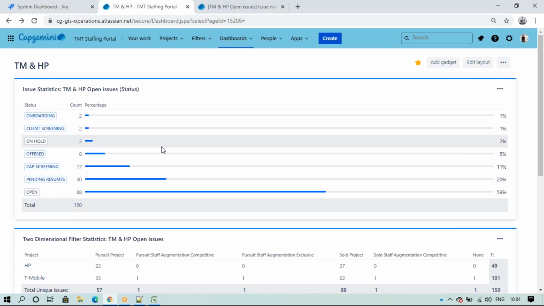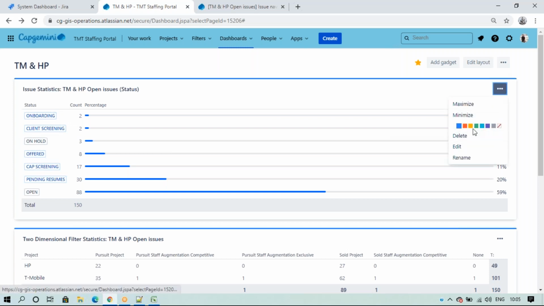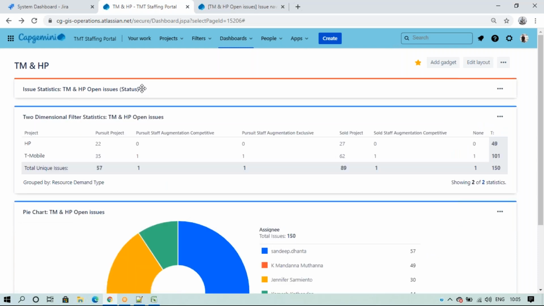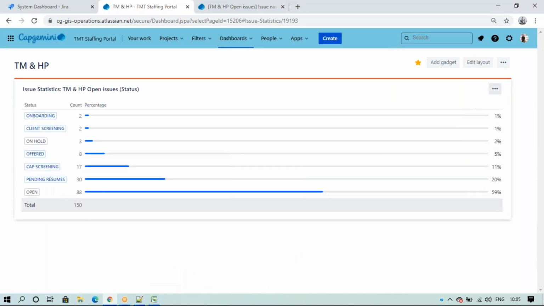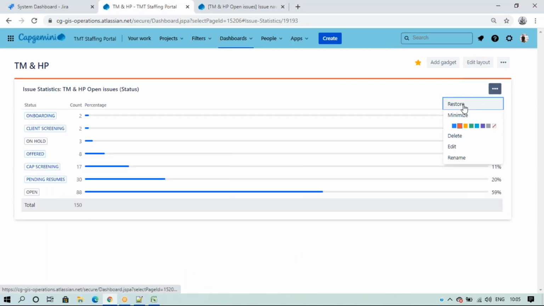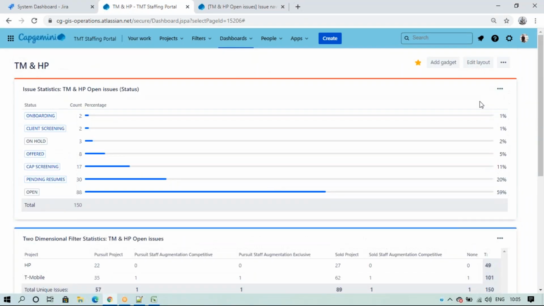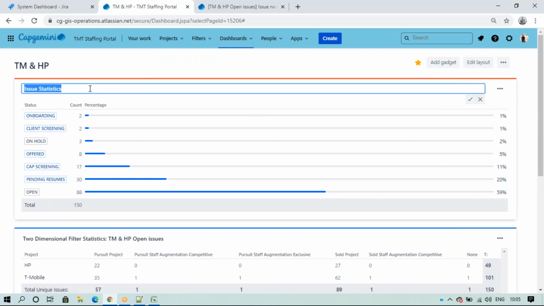If you want descending or ascending order, we can select that and change the colors. Minimize and maximize means it will go to maximum, then restore. We also have color change, delete, edit, rename, so we can rename this as well.